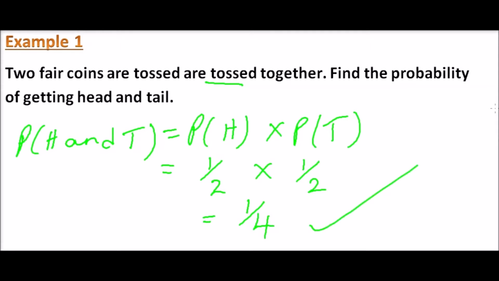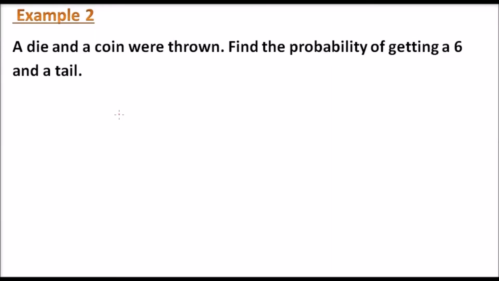So that is how we work out the probability when we have independent events. Our example 2: a die and a coin were thrown. Find the probability of getting a 6 and a tail. Again, these are independent events. The outcome of the coin will not affect the outcome of the dice. So we say the probability of getting a 6 and a tail